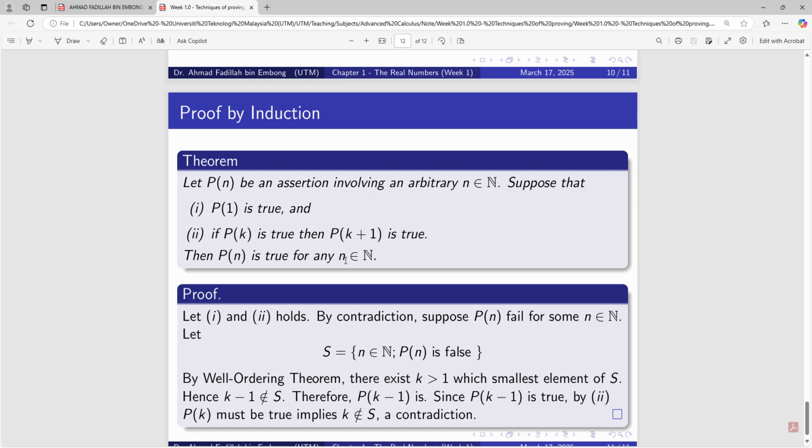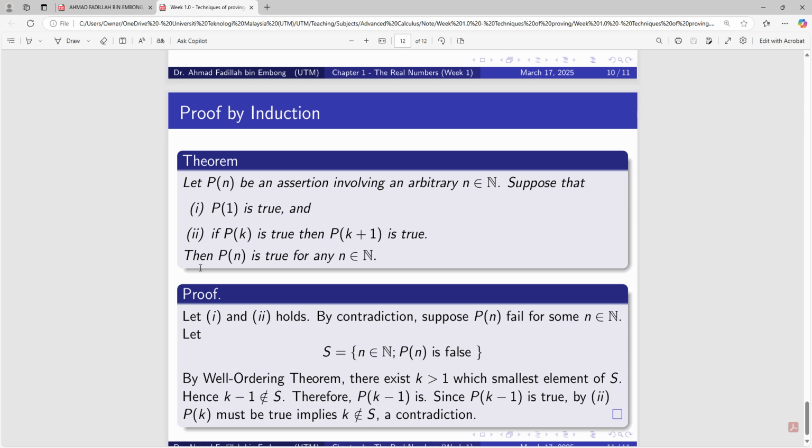So for the other techniques of proving, I didn't give any proof because it is just logical thinking. But for proof by induction, we have one theorem here. The proof of this theorem is also included in your textbook, so you can refer to your textbook also. So to prove by induction here,